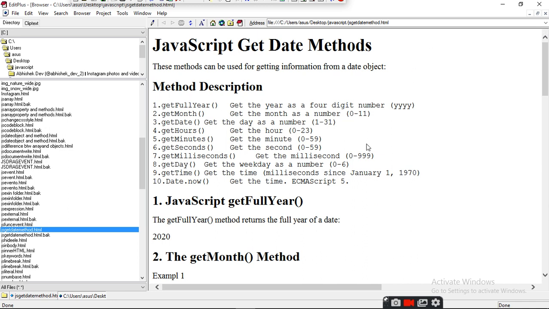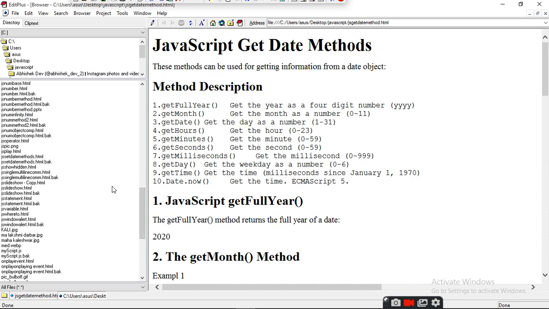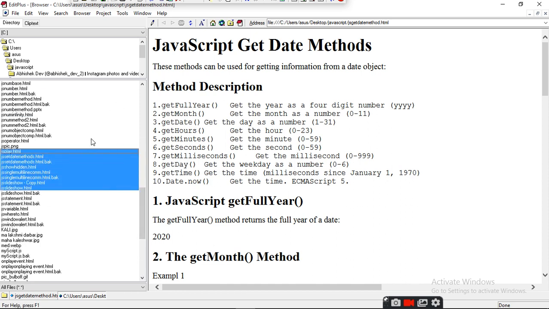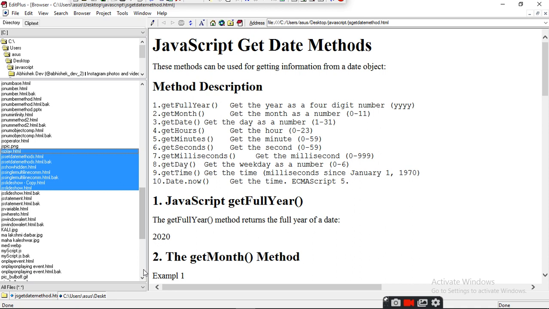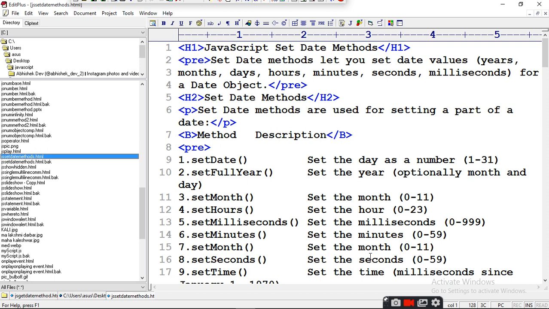Same way we can teach you the set method of JavaScript. Now what is a set method? This is the set method.